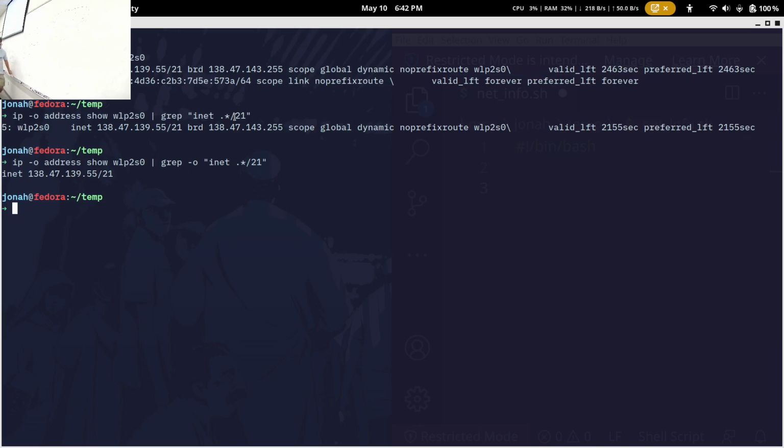So grep by default, when it finds a match, will return the entire line that you're looking at. If I was going through a book and wanted to find any line that has the word "the" in it, it would go through every line and say, here's a whole line that has the word "the" in it, here's another whole line. But in this case, I don't want the whole line, I just want the specific piece of information, that specific pattern that I'm doing a regex for, which is what that -o flag is.